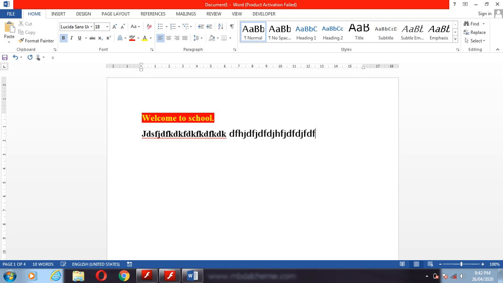Now the next one is language. The following steps are required to set the default setting for language. Click on the file menu from the ribbon, select option. The Word options dialog box appears. Select language from the given list and Hindi in the add additional editing language option. Click on the add button which is in the choose editing language section. So these settings we are going to do, and click the set as default button to set the default Hindi language for the Word document.